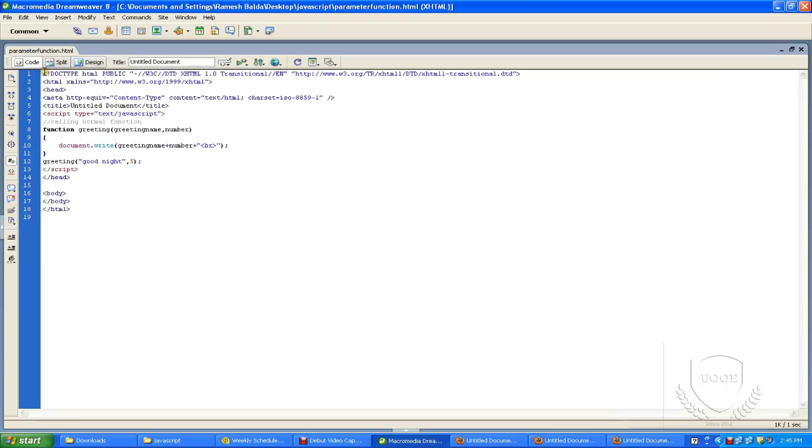This is the function with parameters, and this is the way to pass values to functions. We can pass multiple parameters, I mean we can pass a list of parameters to a function. I can show you one more. If I want to send another parameter to a function,